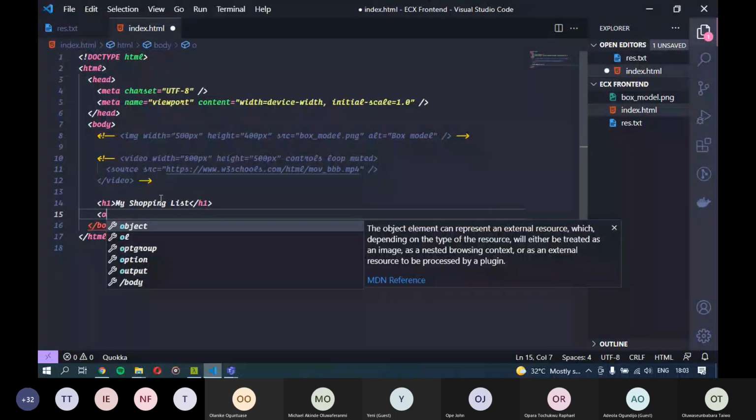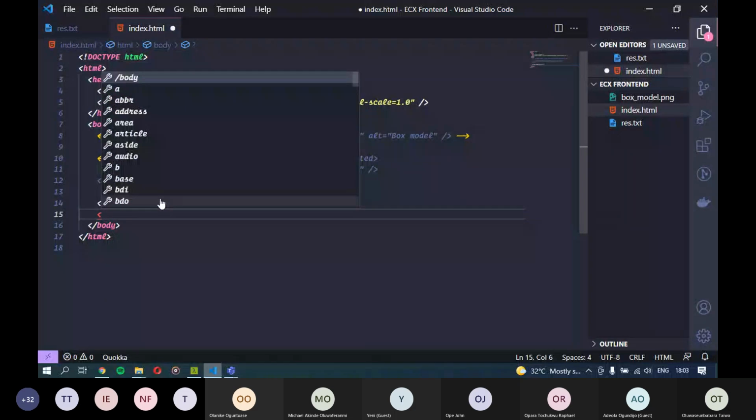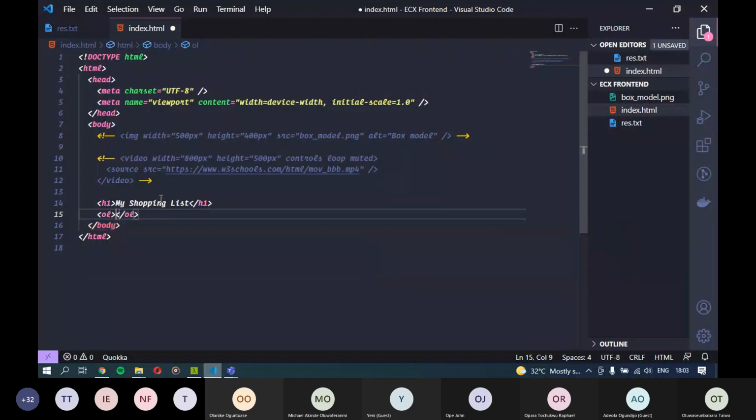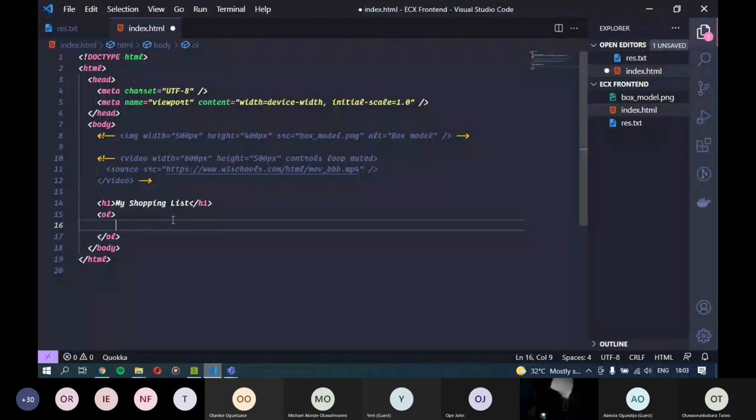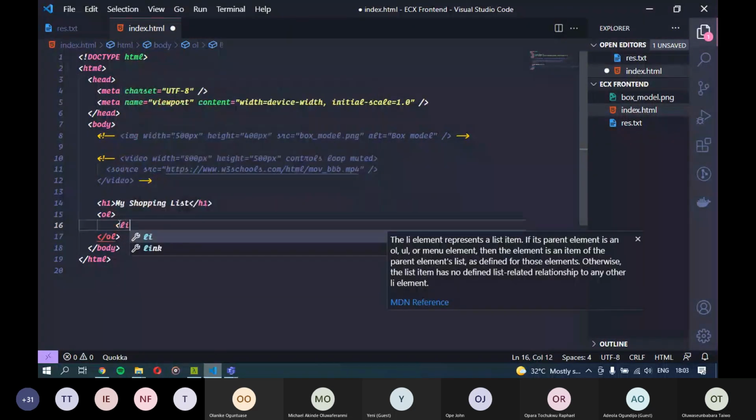So as we should know by now, to create an ordered list, you use the OL tag. So OL, we're going to come into the elements, and for us to give it a list item, you're going to use the LI tag. So OL represents the list, then it's going to take children that are going to be the items in that list, which is going to be LI.